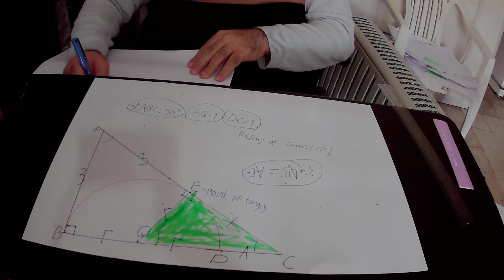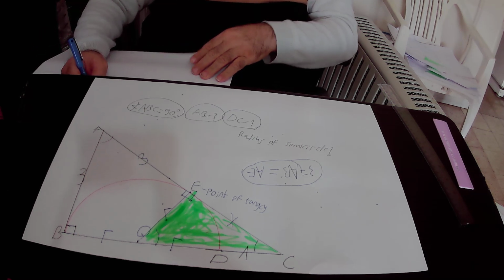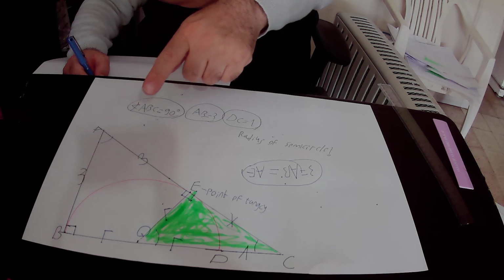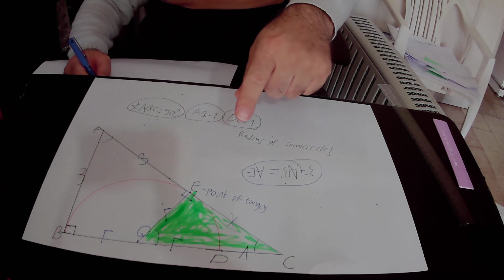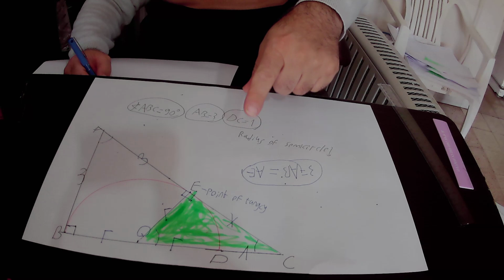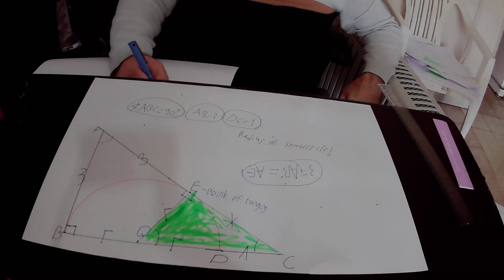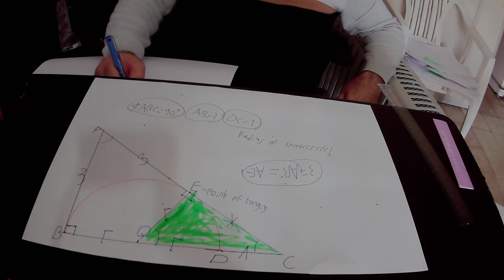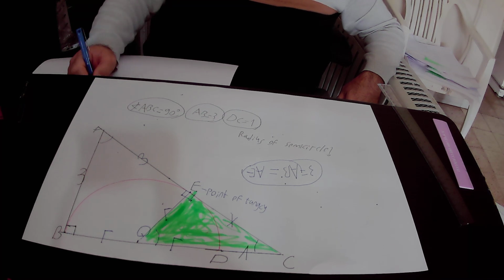Therefore, we actually proved that the big right triangle, triangle ABC, is similar to the green triangle, triangle OEC. We proved that the big right triangle, triangle ABC, is similar to triangle DEF